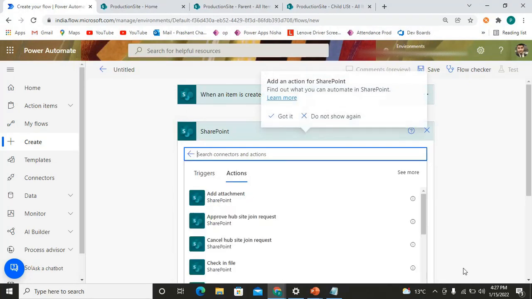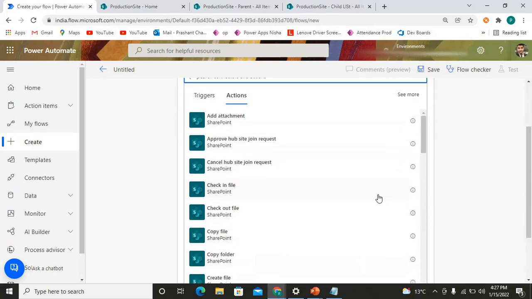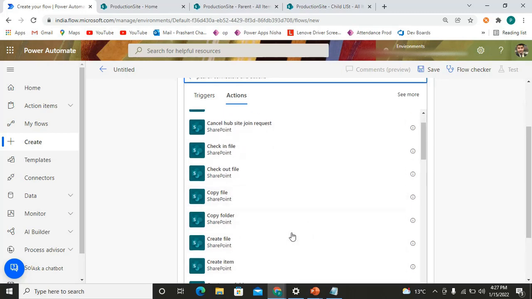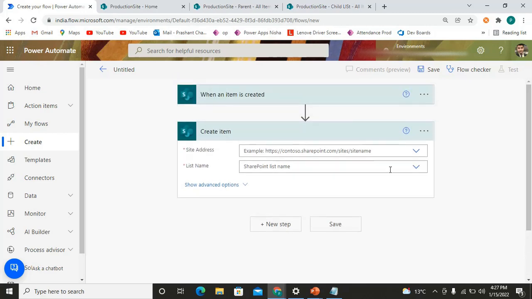We get the SharePoint, and then we can see the different types of actions we can use: add attachment, approve, cancel, check in file, checkout file, copy file, create item. Whenever you are dealing with the list, the records of the list are treated as items. So what we need is the item to be created. That's why we'll use this one. And here also we need to pass the site address and the list where we are actually